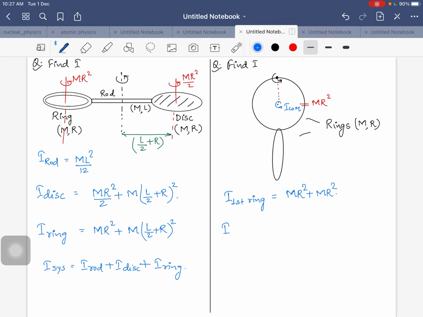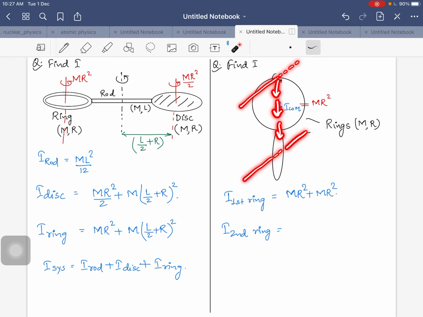Okay, I of the second ring, it may be difficult to understand. You see, this is the axis now. Now we need to take this axis parallel. You simply take parallel to this. So if I pass the axis like this, for this it will become the diameter. It is nothing but the diameter for this ring. The axis about which it is rotating, if I keep that axis parallel, it will become this part, that is the diameter. So first we need to write for the diameter. If I take this axis now, it is nothing but the diameter. So about this, what is the moment of inertia?